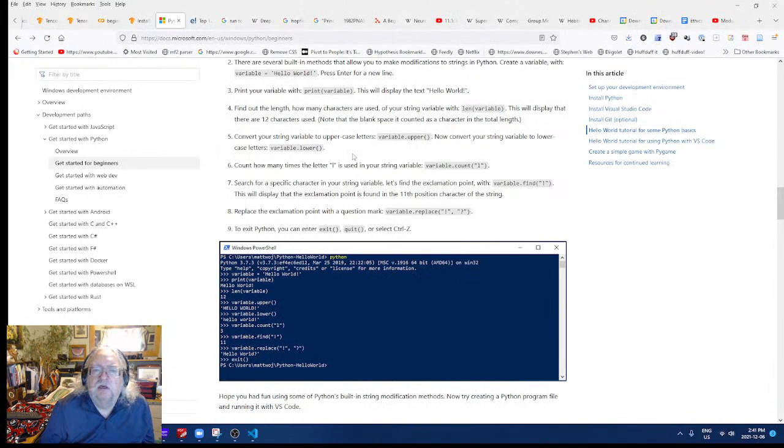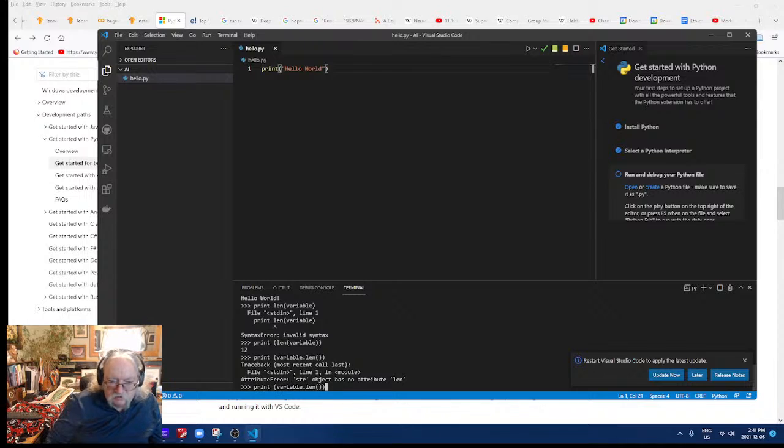Oh well. Okay, variable upper, variable lower, etc. Count, L. Yeah. See there, this is the way I'm used to it. Variable upper, see? So like we'll come back in here. Right, instead of variable.len. I wonder why len is different like that.